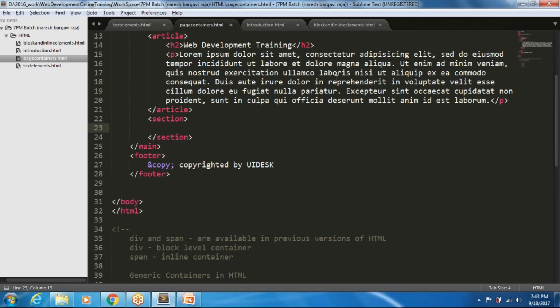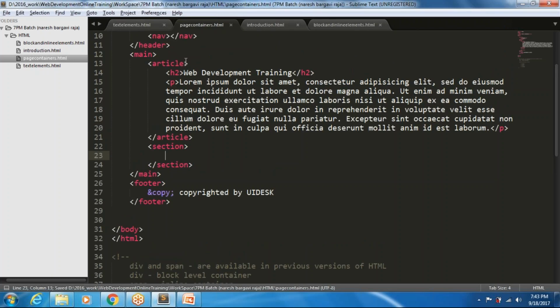Any kind, in the sense you can place some images. You can place some articles inside of the section. I hope you get what I'm saying. So it is possible to write an article inside a section, and it's not a good idea to place a section inside an article. If you want to, you can do that, but it's not a good idea. So a section will be a generic section where you can place an article tag as well, and you can place some